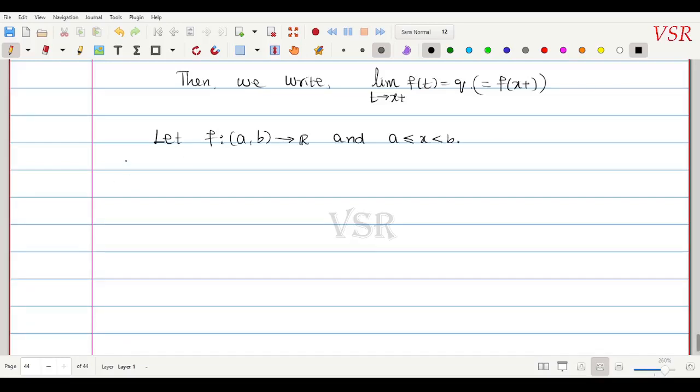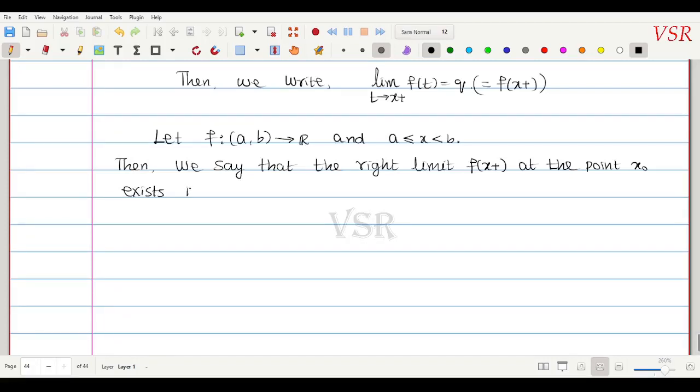Then we say that the right limit f of x plus at the point x naught exists if